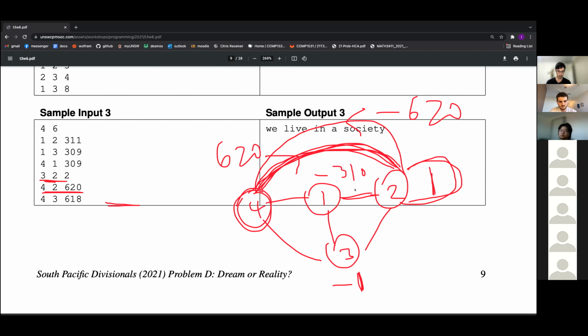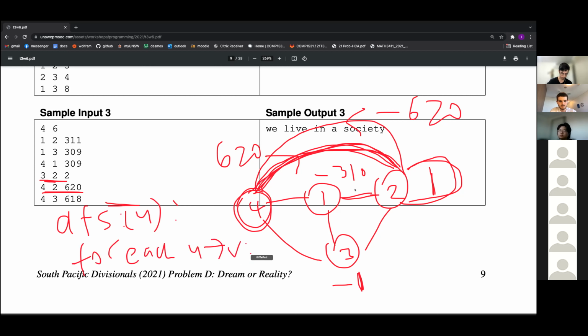And so what you do is a regular DFS. DFS of U is going to be: for each edge from U to V, we want to set the time of V equal to time of U plus the edge weight.